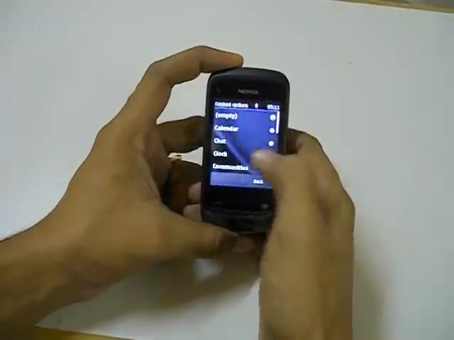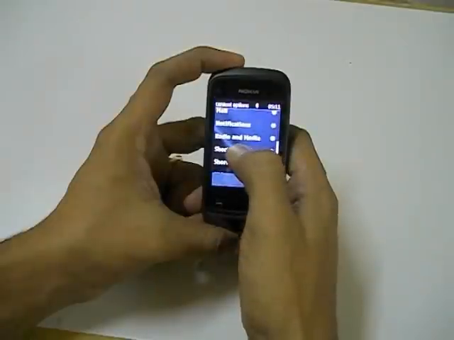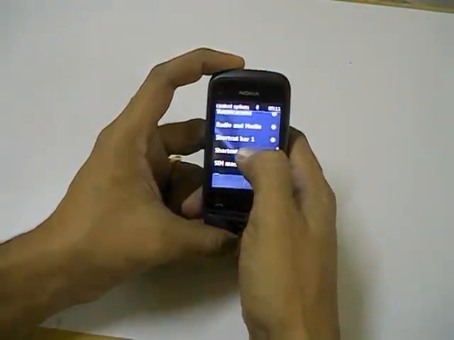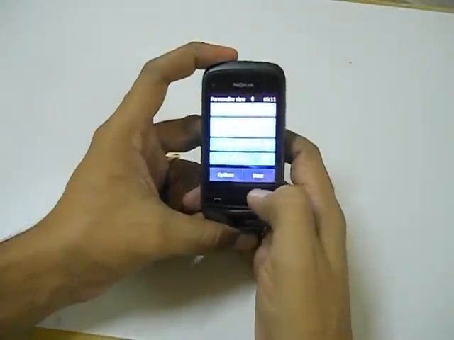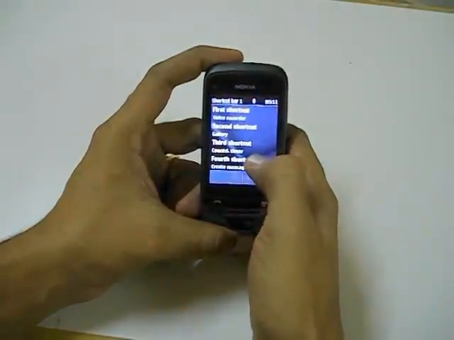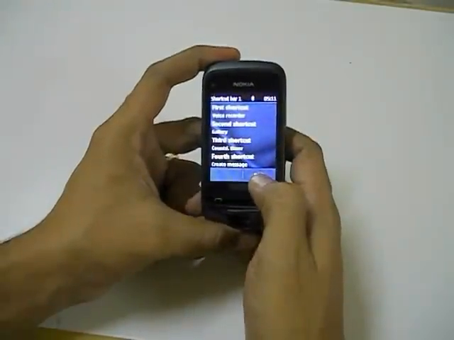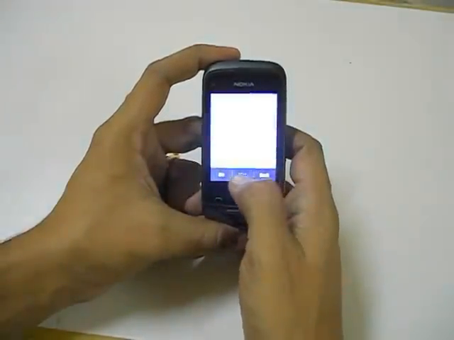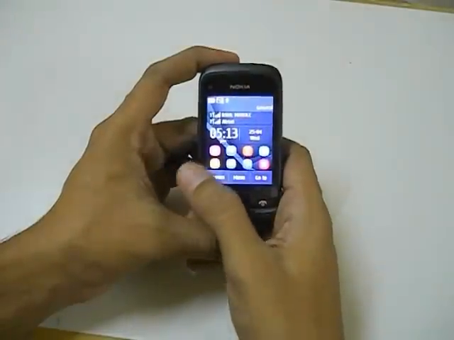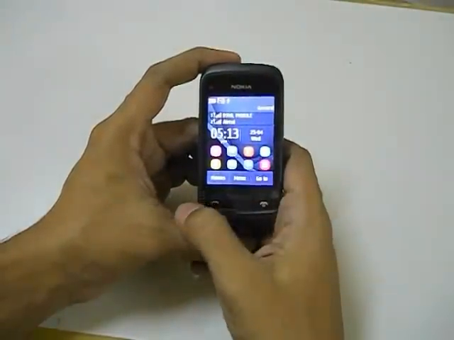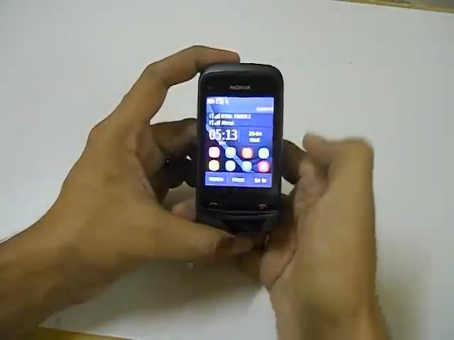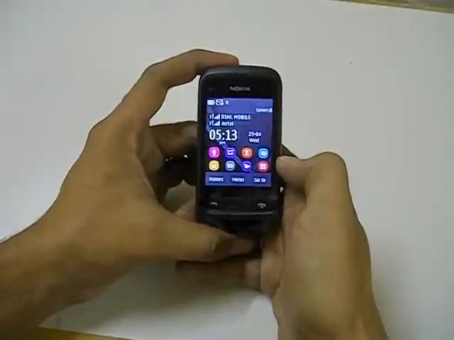Then when we select shortcut bar, which in my case I have selected 2 shortcut bars, which is the maximum number of shortcut bars you can add, it further gives us the options to select different shortcuts. We can add up to 4 shortcuts to each of the shortcut bars. So I have totally 8 shortcuts on the home screen. This way I have 8 different applications which I can open from the home screen with a single tap. So based on your need, you can customize these 4 widgets.